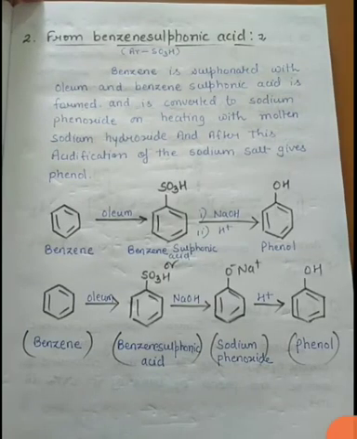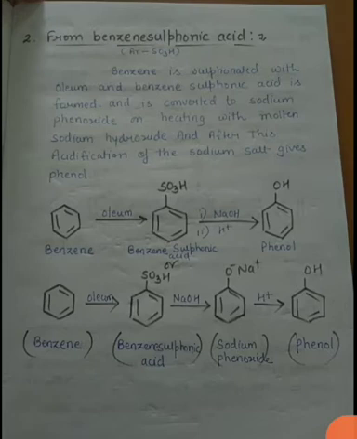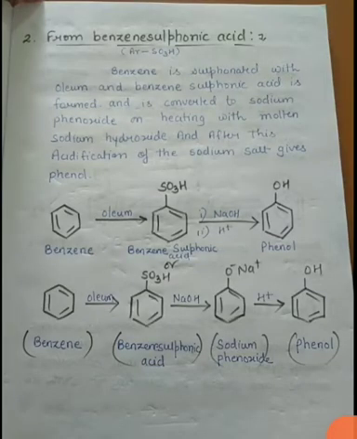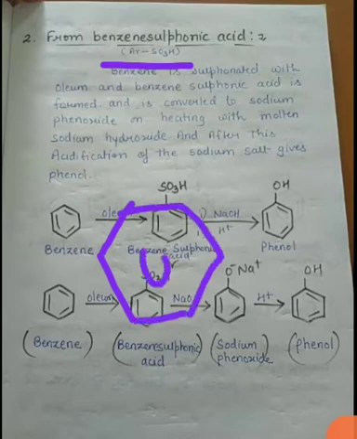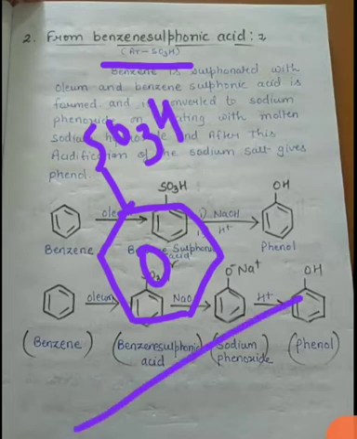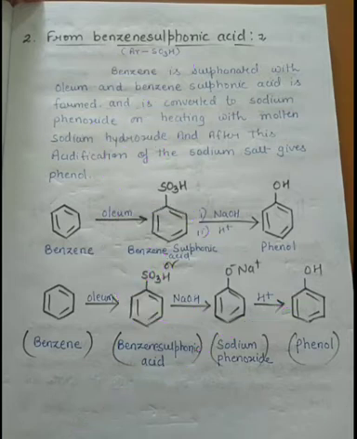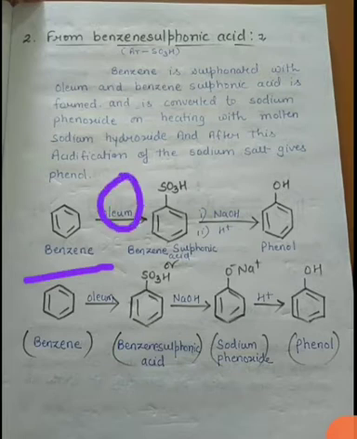Now students, coming to the second, that is benzene sulfonic acid, okay. For benzene sulfonic acid you have to know its structure, as I have written here. In benzene, when an SO3H group is added, it is termed benzene sulfonic acid, okay. Now students, in this reaction what you have to do is take benzene and react it with oleum, okay. After this you will see that the product formed is benzene sulfonic acid, okay.